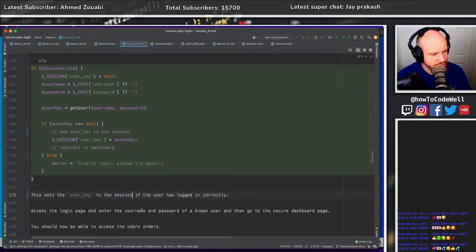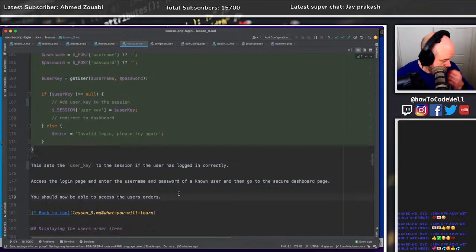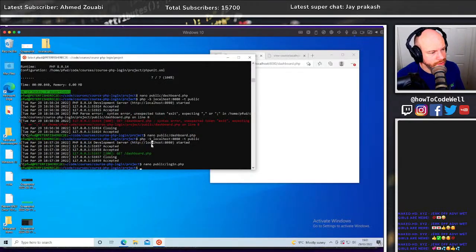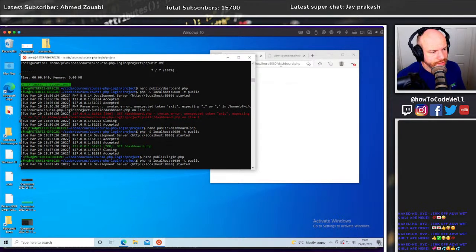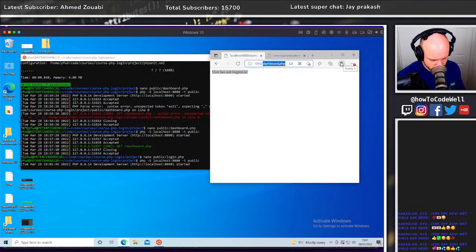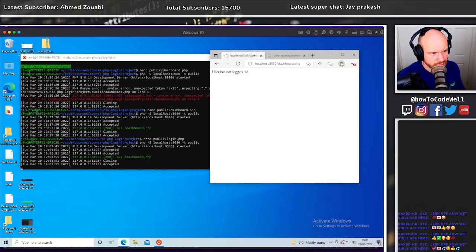Access the login page and enter the username and password of a known user, and then go to the secure dashboard page. You should now be able to access the user's orders. So what we need to do then is load the server up again, and this time we want to go to the login page. So again, if we were to refresh this, we got this error. But now if we go to